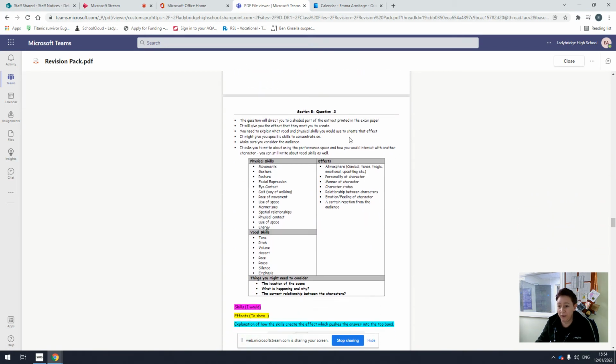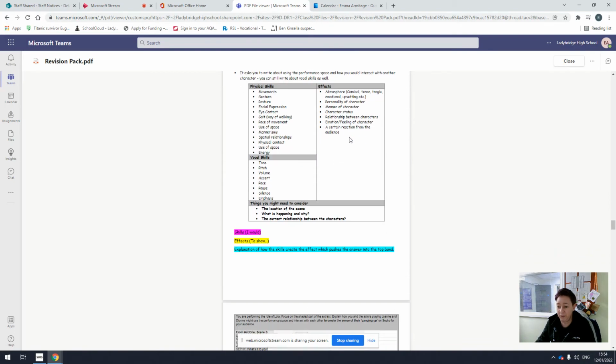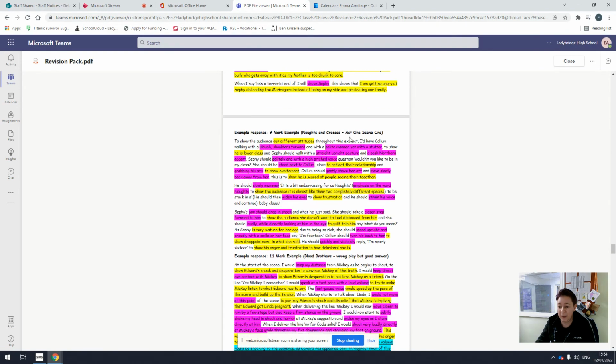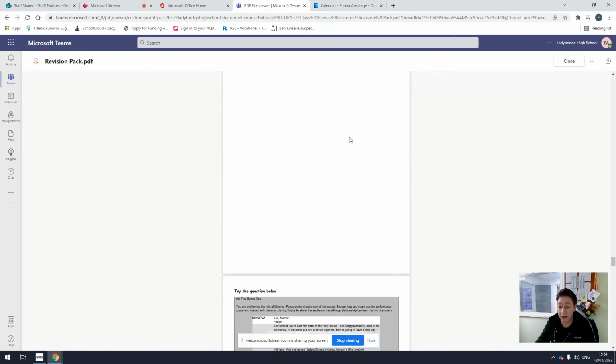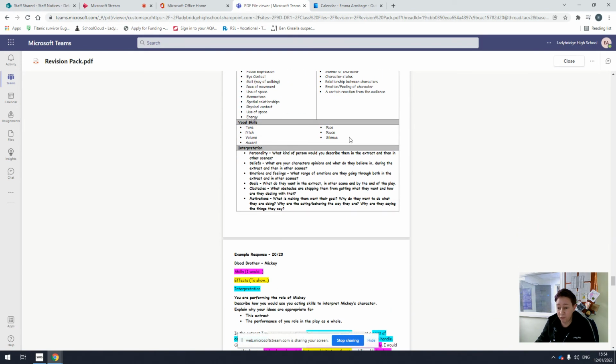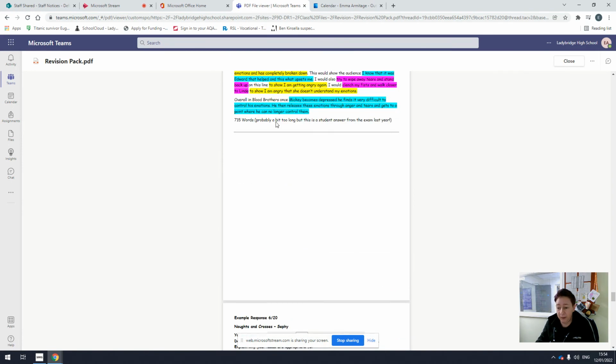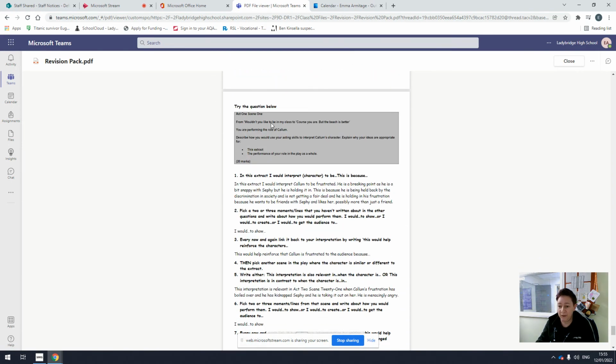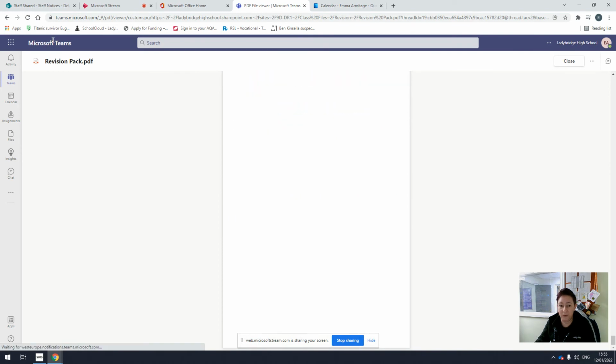There's also, what you'll find later on, examples of good answers, and also how to answer exam questions as well. So for each question 1, 2, 3, 4, for example, there are examples highlighted and explanations as to what a good answer looks like. So that's really useful. I think there are how to answer the questions at the end and then try different questions out. You will also find,